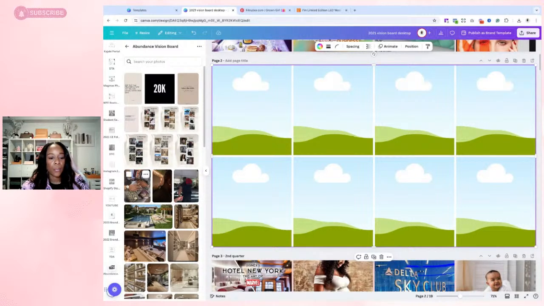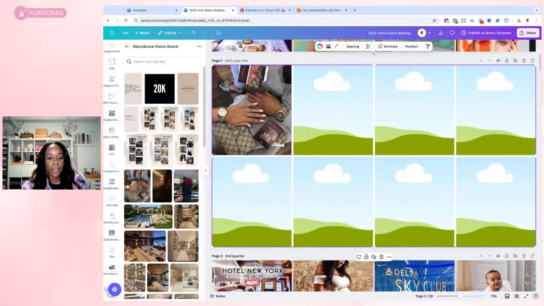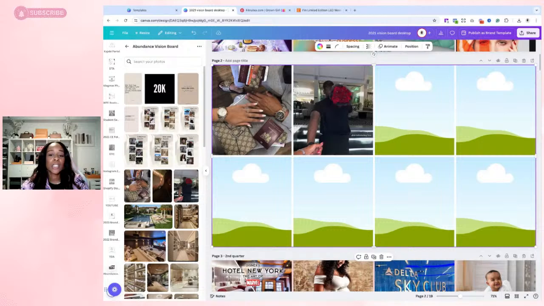So let's just say I want to manifest luxury travel for me and my husband and just us only, no kids sometimes, right? Maybe I'm in a season where I'm like, he needs to court me again. So I went on Pinterest and I put in Black couples who travel. But what I also pay close attention to, we can also put our own photos in here, which we have done. But I also like pictures that resemble us, but that don't really show faces, because I want to make my vision board as relatable as possible, where I'm not looking at someone else's face.